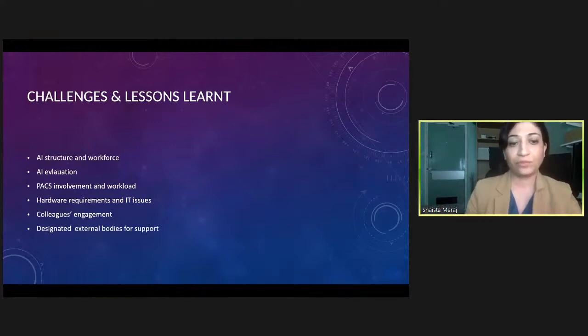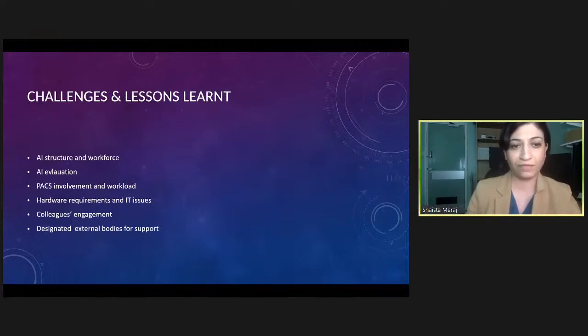You need feedback from radiologists, and without their help, you cannot evaluate the AI tool. And be mindful that not everyone will share the same passion and enthusiasm about AI as you might do. And there will be times when you might think you're not getting anywhere. There's a greater need to have designated external bodies who can provide you with guidelines and support throughout the process